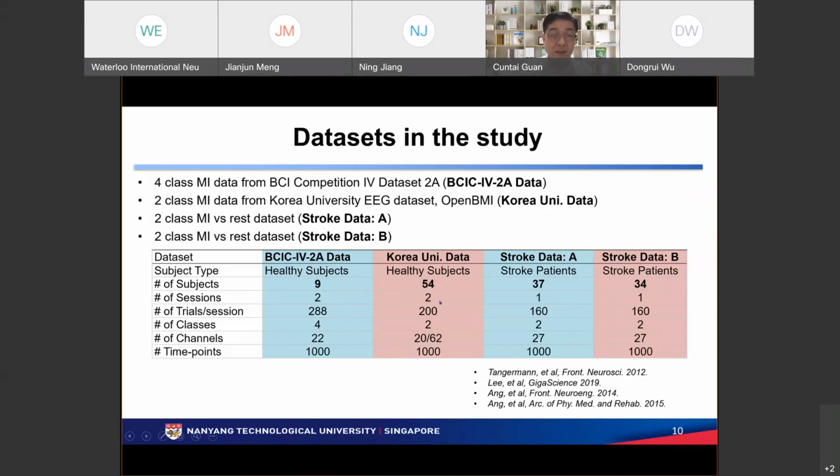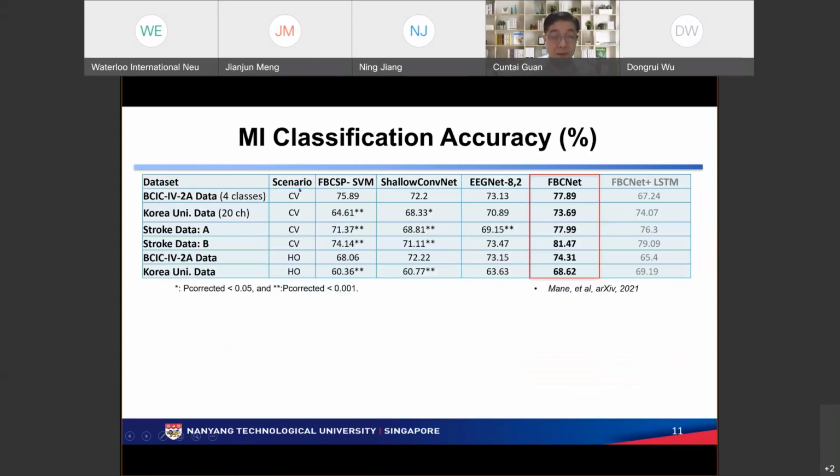But if we train a model from one day to test another day, we call it hold out. So here I show you the performance. There are 2 scenarios. If we use the data from one session, we do 10-fold cross-validation, CV. So that's one performance. With the 1, 2, 3, 4 methods, with additional LSTM, but this is not always better. I just show the results, but this is not the only thing we use for today's talk. And if we train the data on day 1 and test on day 2, this is called hold out. So this is cross session.